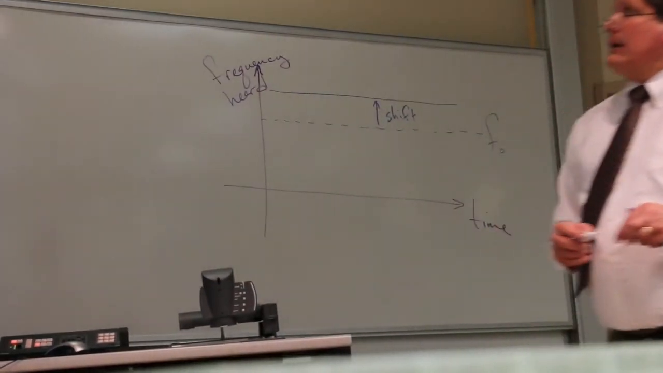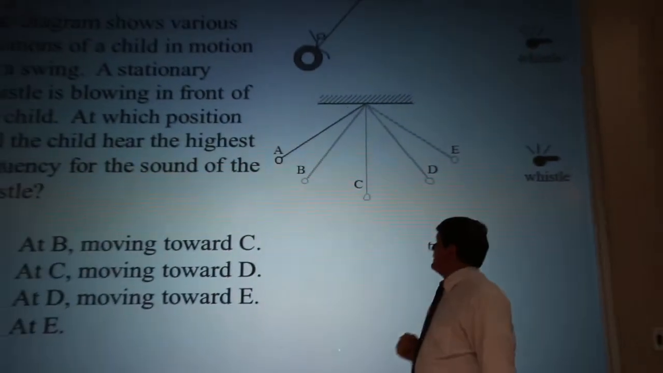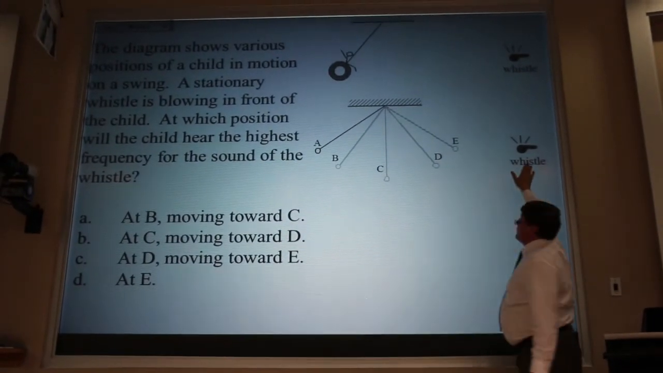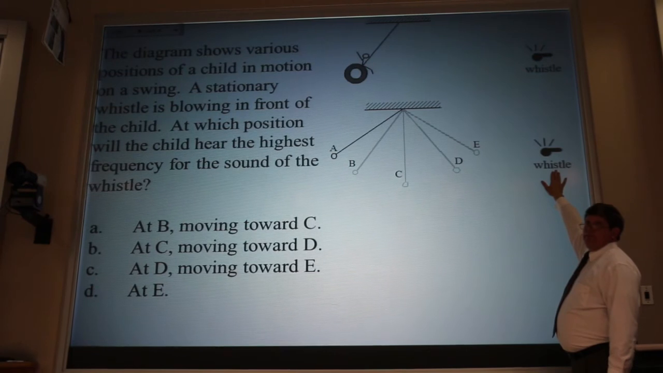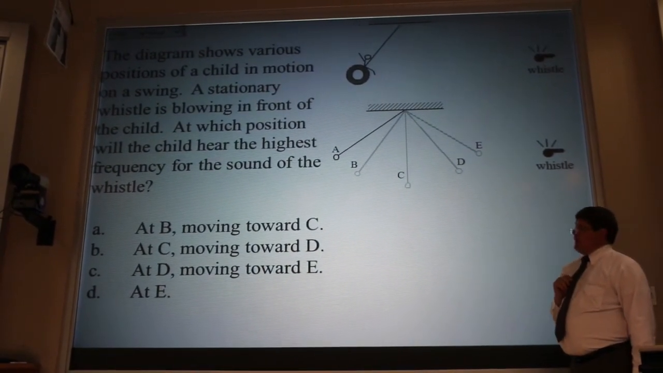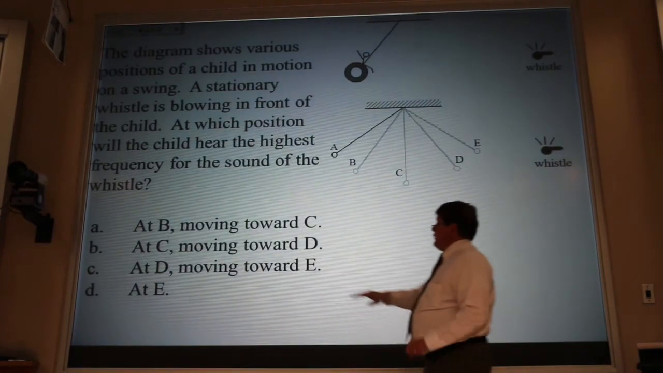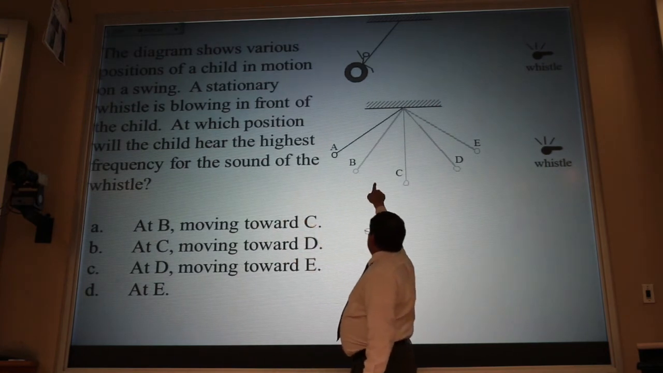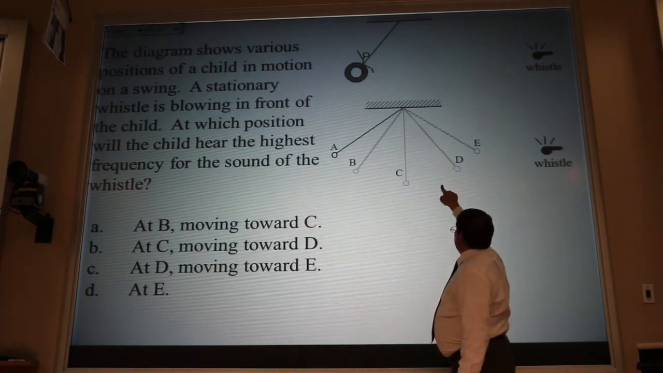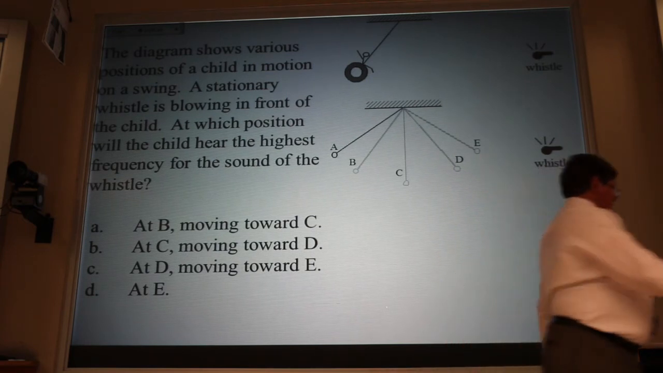Now here's an old exam question. You have a child on a tire swing. We're just going to look at the motion as the child goes from A to E. We won't look at coming back. And there's a whistle creating a constant frequency. Now the child hears different frequencies at different locations. At what location would the child hear the highest frequency? Would it be at B, moving towards C, or at C moving towards D, or at D moving towards E, or at E? So with your clicker,